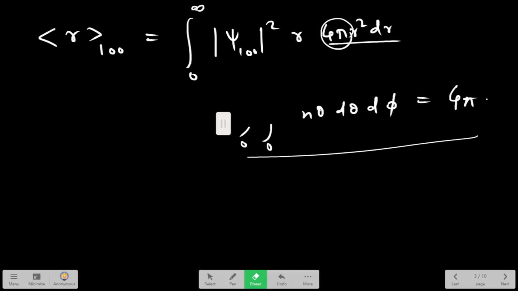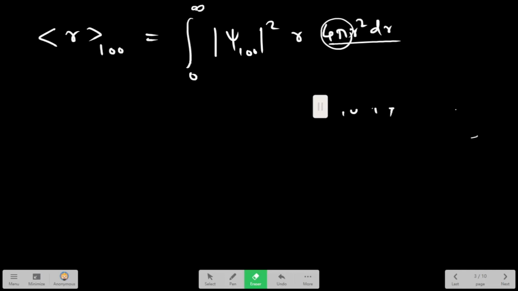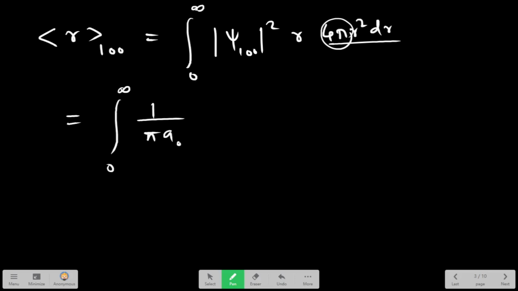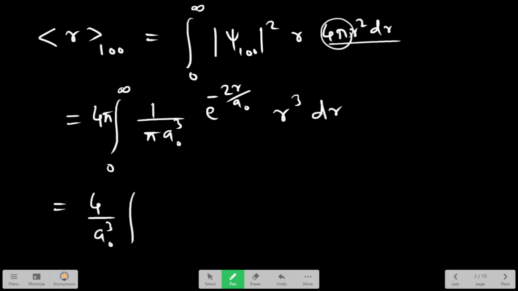So the expectation value of R is equal to the integral from 0 to infinity of modulus of psi square, which is 1 by pi A0 cube e raised to minus 2R by A0, and then we have R cube dr and a 4 pi which is outside. This is equal to 4 times pi gets cancelled, divided by A0 cube, integral 0 to infinity e raised to minus 2R by A0